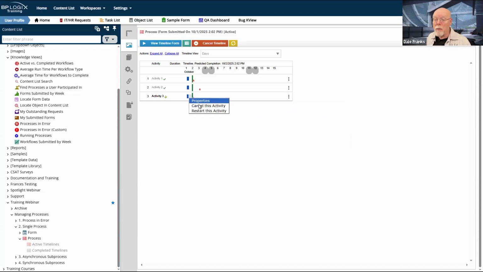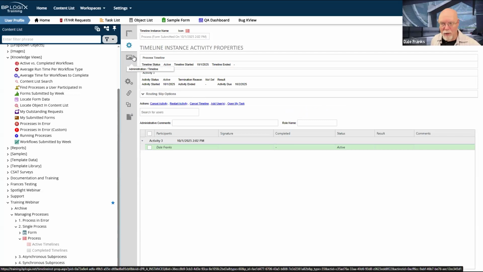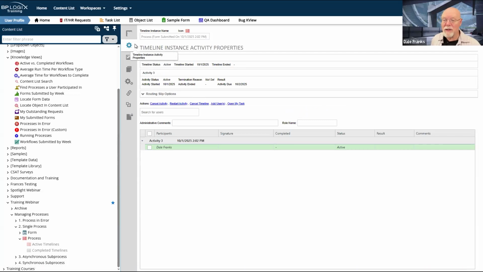And I can go to the properties window for that particular activity. And that will open up in its own little tab here called Timeline Instance Activity Properties. A minute ago, we were looking at administration timeline. We hit properties, and it took us to this new tab, which it just created for the timeline instance activity.